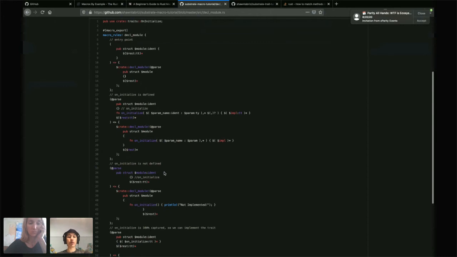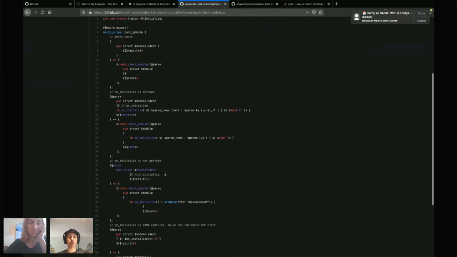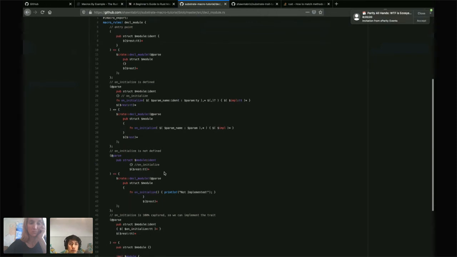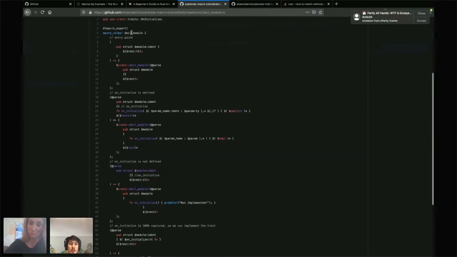The general way we approach these macros is through recursive parsing, where here I have some declare module, and it has some initial syntax that I expect. And what we do is we recursively parse and parse and parse the content inside the macro until we get to a format that has all the pieces we want, and then we construct the final code we want.